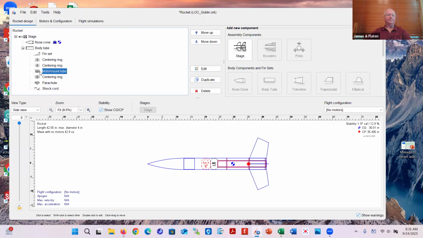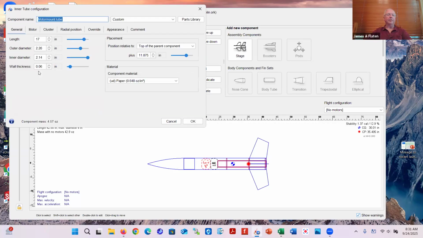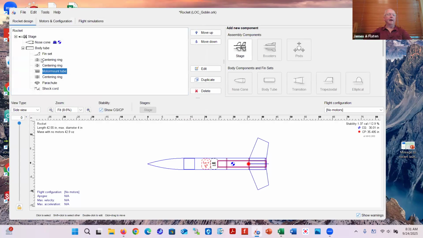Let's look at the motor mount tube. So the motor mount tube is, first of all, the inner diameter in millimeters. This will be a more recognizable number. This is a 54 millimeter diameter motor mount tube. That's fine. They claim it's made out of paper. Not really sure what it is made out of, but it's probably paper, cardboard, something like that. I guess I will leave that alone. And it's rather long, but maybe that is legit for this model. I don't have this particular kit in front of me, so I will leave that alone as well. Fine, 17 inches long. Wow, that's excessive. Okay. The fins,